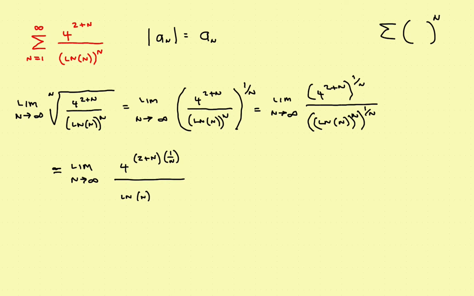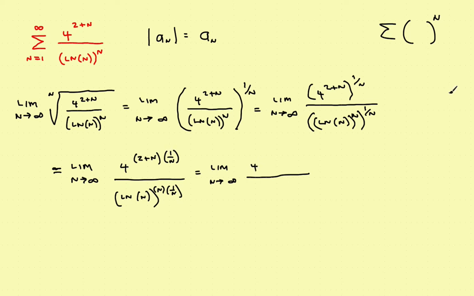Now this one's actually a little bit easier. Well, we'll go ahead and write it down one more time, the more I think about it. Originally it was the n power. Now again, it's going to be n times 1 over n. So again, a power raised to a power, change to multiplication. So that becomes the limit as n approaches infinity of